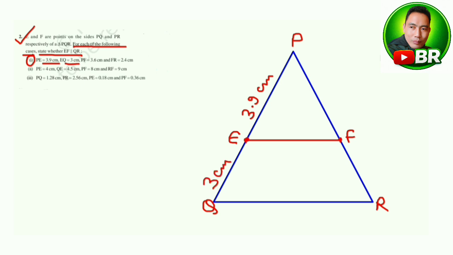Similarly, PF is 3.6 centimeter and FR is 2.4 centimeter. Okay, now let's find the ratio of side PQ and we can write